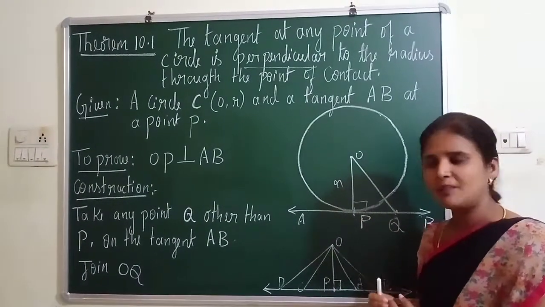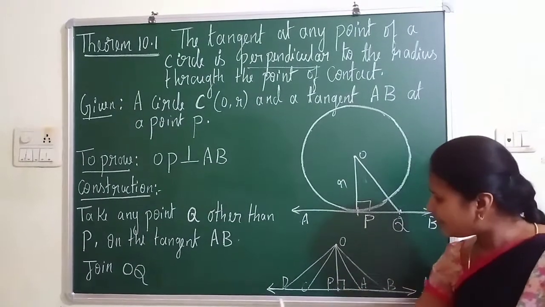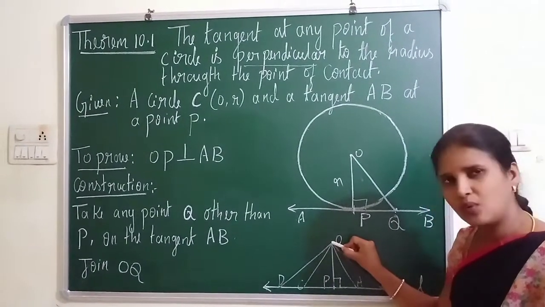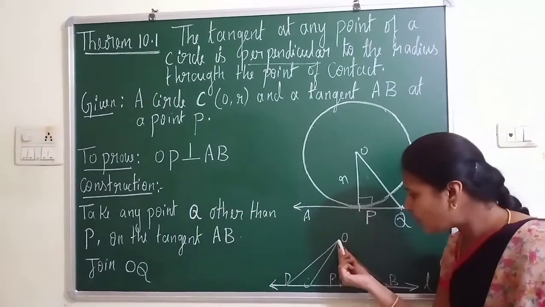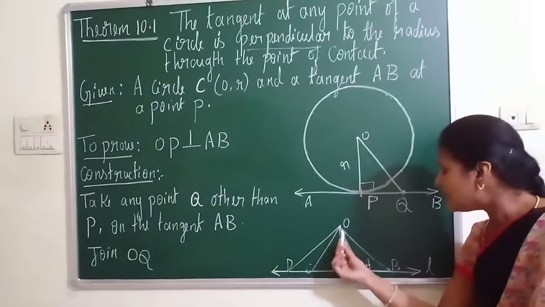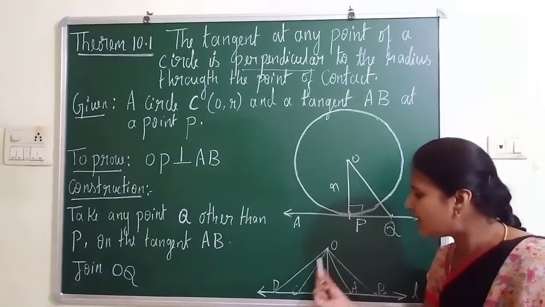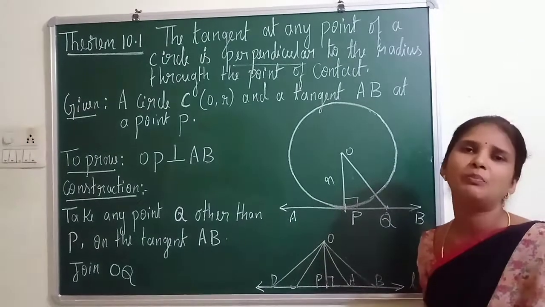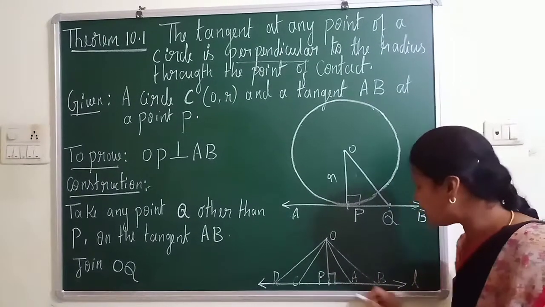Before I prove this theorem, let me explain the basic knowledge related to this proof. Consider a line L and take a point O which is not on the line L. Take some points on the line and join these line segments. So I got OA, OB, OP, OC and OD. Among all these lines, one line will be perpendicular to the line L. Here the line segment OP is perpendicular to L.